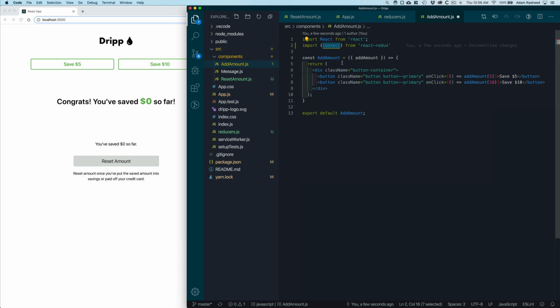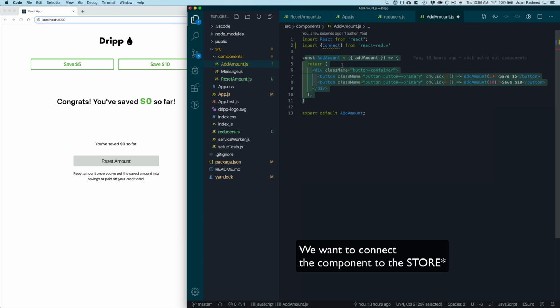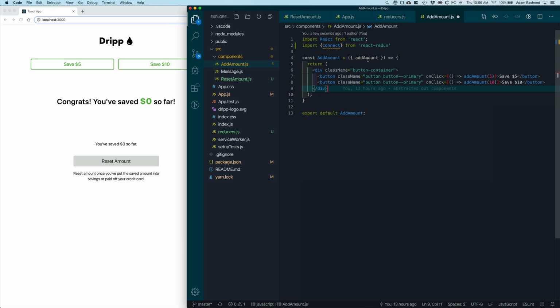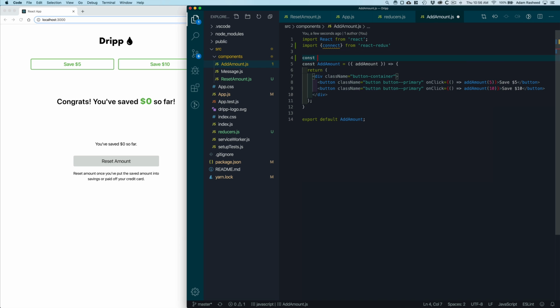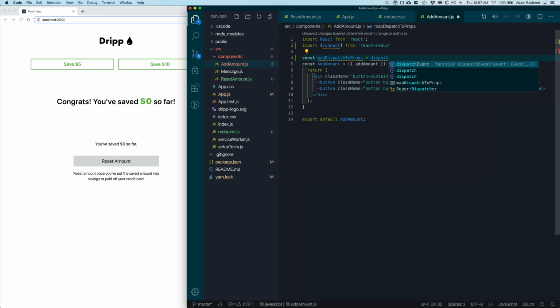Now, what we essentially want to do is connect our component to the state and to be able to dispatch actions through this component. So right now we're passing in this add amount prop, but what we really want to do is pass in the add amount prop through the Redux store rather than through a parent component. So what we'll do right now is declare this thing called mapDispatchToProps. And that takes in an argument of dispatch. And then it returns